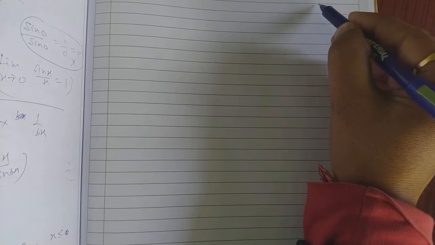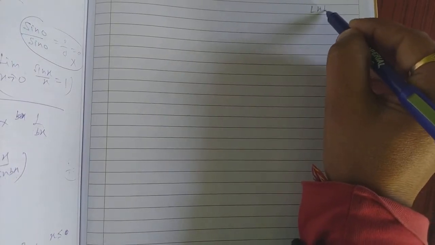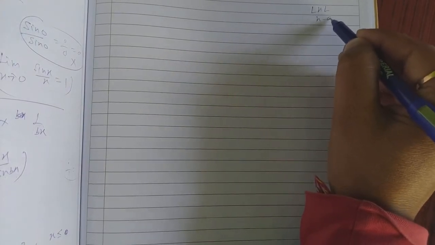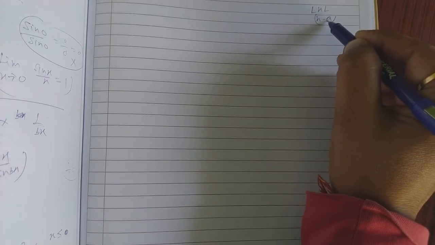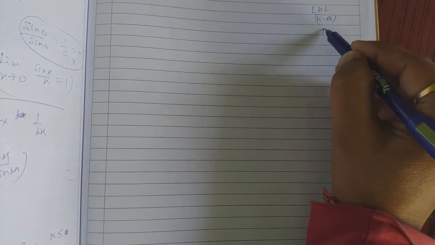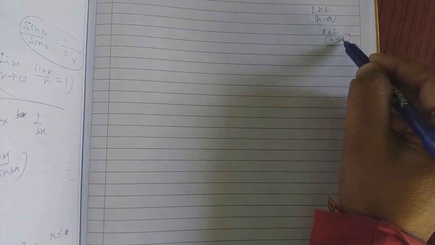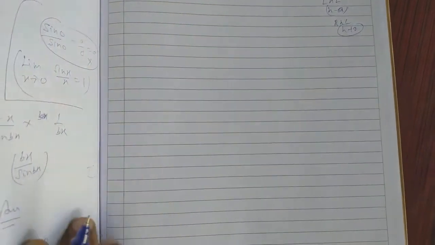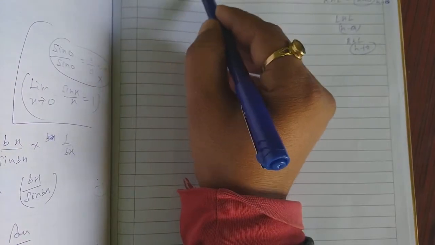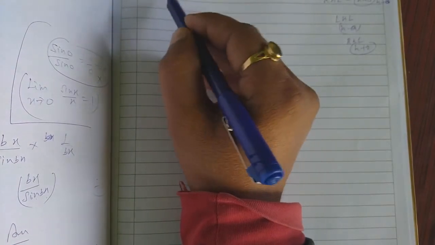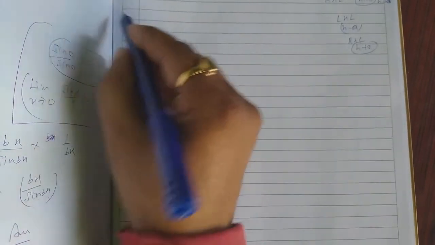When you use the LHL, you write h minus a. What is the a? This is the original limit. Or when you use the RHL, you write h plus a. What is the a here? Same thing, this is the original limit. According to this, the original limit here is 0, the fixed 0. So then you can